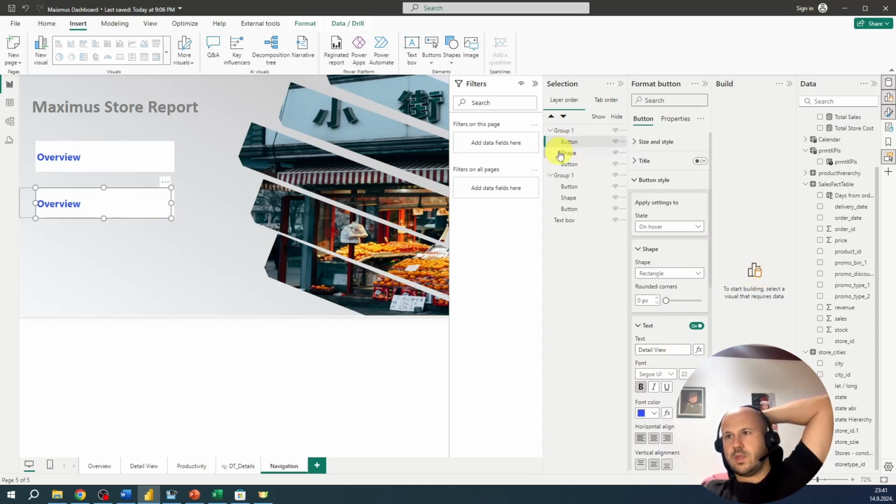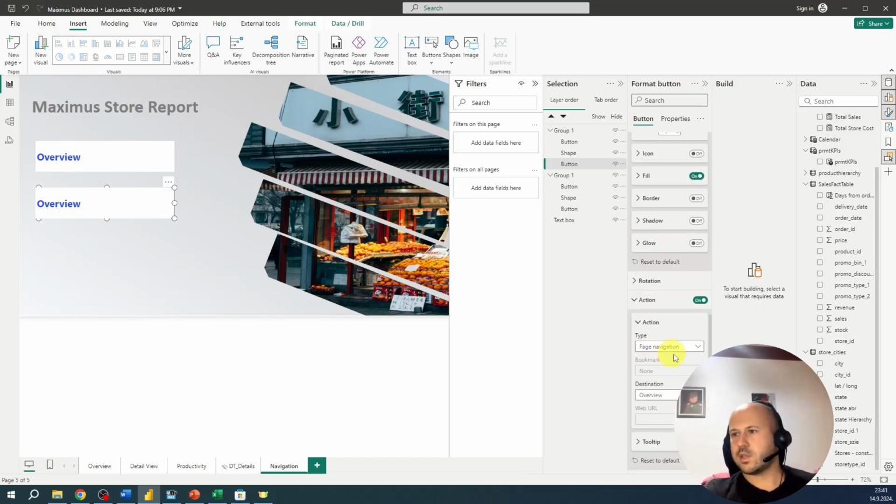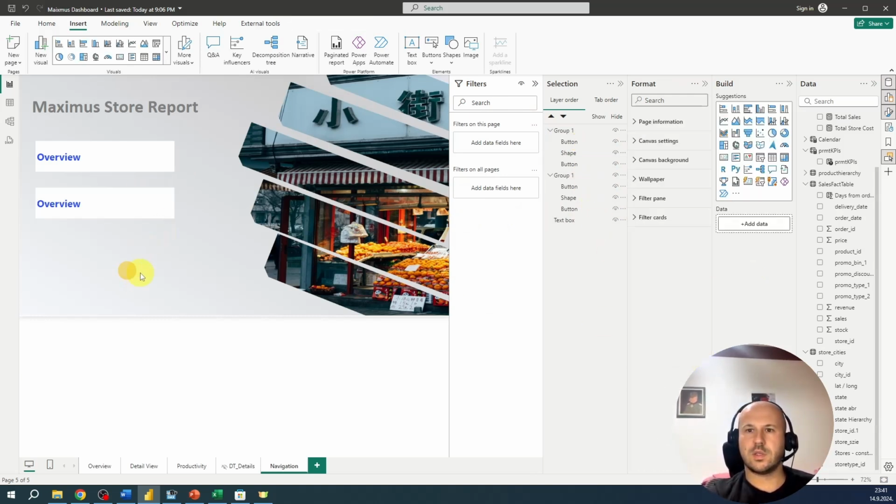Here we have detail view, text, detail view, set action, page navigation to detail view. Let's select action for the first one, detail view, okay, it's good, and